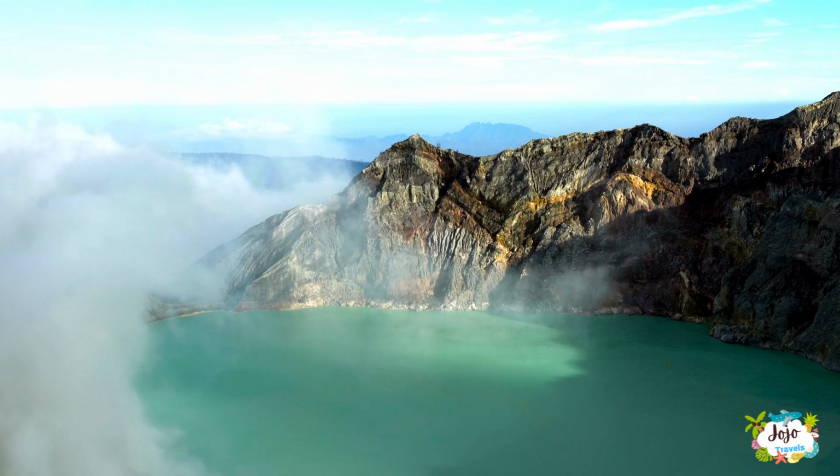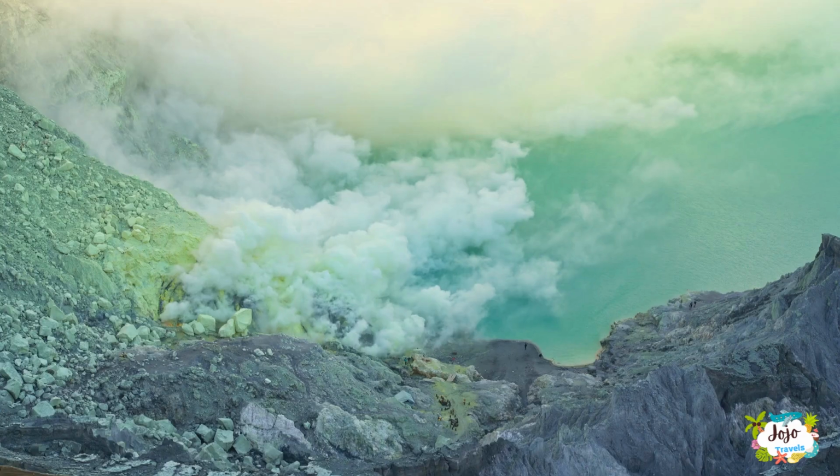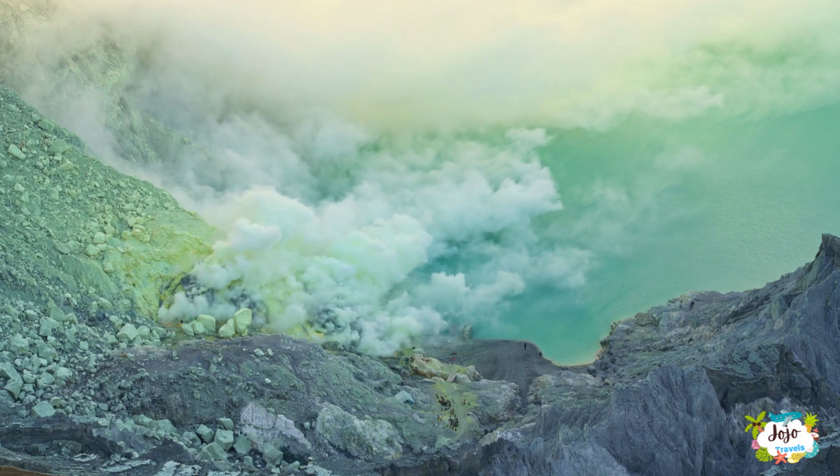Do not be fooled by its pristine exterior. This lake is one of the deadliest there is. The high acidity of the lake starts decomposing your skin after 15 seconds, so better not swim